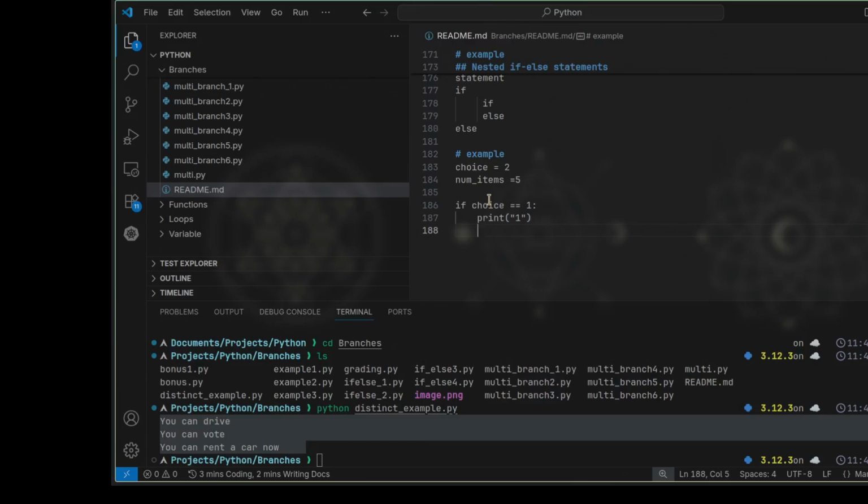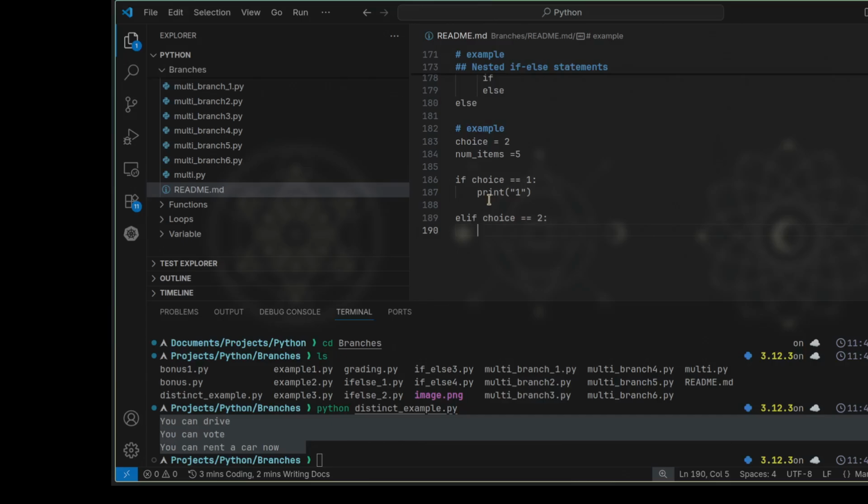So then we say, because we have our hard-coded number being 2, let's have the nested if inside here. So user choice, we compare it to 2, right? So if it is 2,